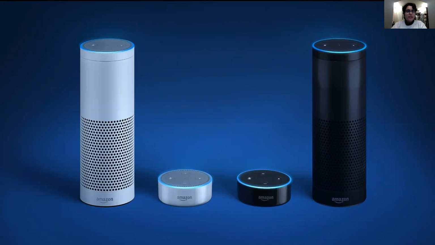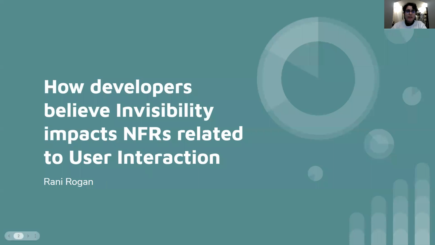With the rise in popularity of devices like Amazon's Alexa, we're beginning to see an ever-present device with the sole purpose of assisting the user in their day-to-day life. With devices like this, the ability to blend seamlessly into the background becomes an important non-functional requirement, also known as invisibility. Hi, I'm Rani Rogan, and today we will be covering how developers believe invisibility impacts NFRs related to user